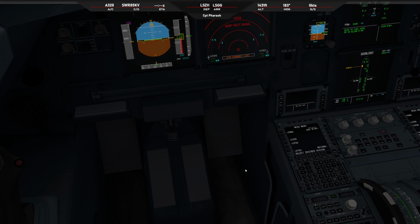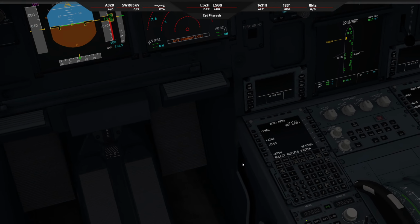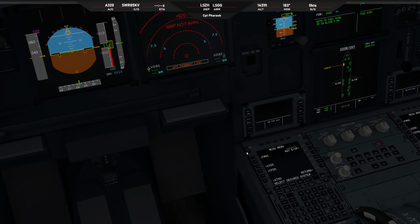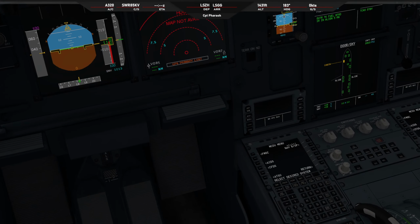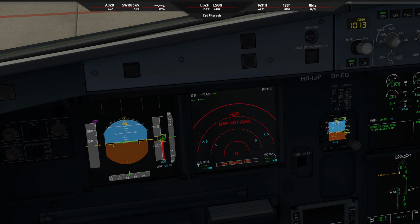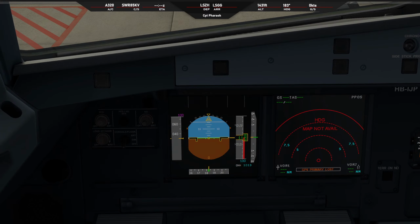So we've requested our catering vehicles, and currently we just need to get the aircraft all set up to be ready to go. So we will be flying on VATSIM today, and there is service available fully in Zurich. We've got tower, approach and no center, but we do have tower and terminal, so that'll be great. First things first, we're just going to check out